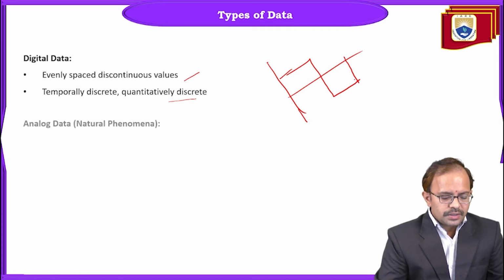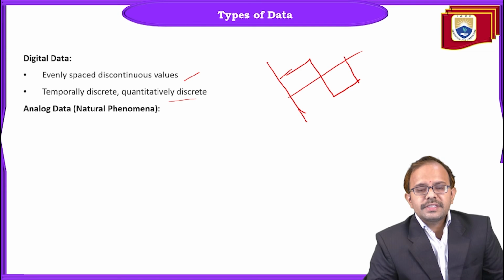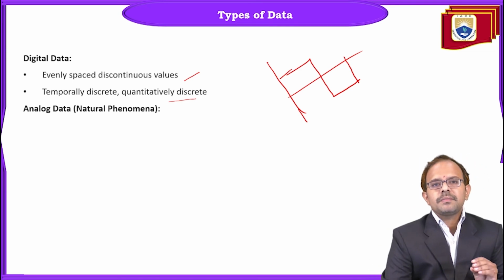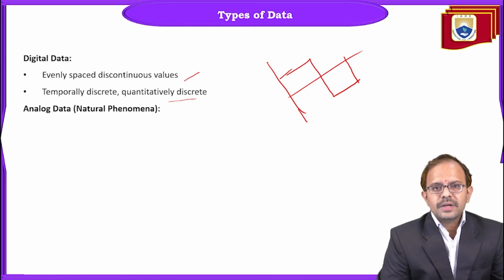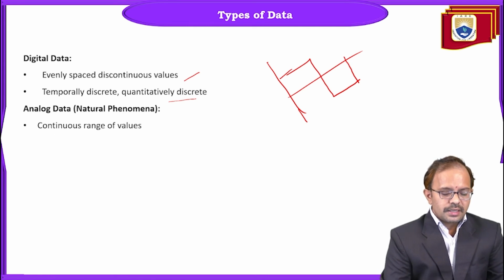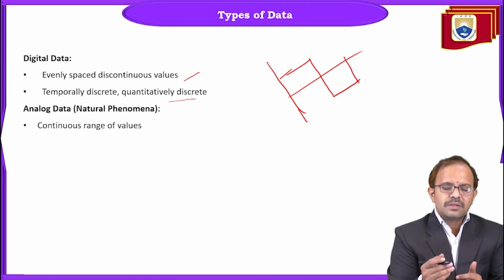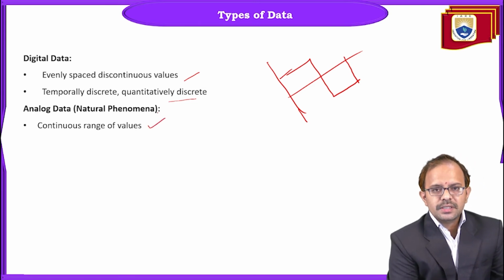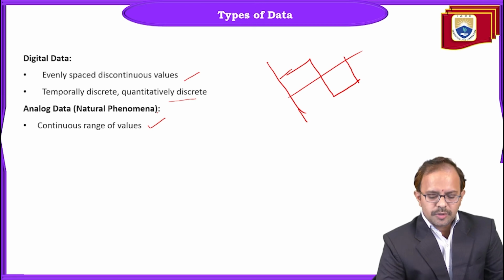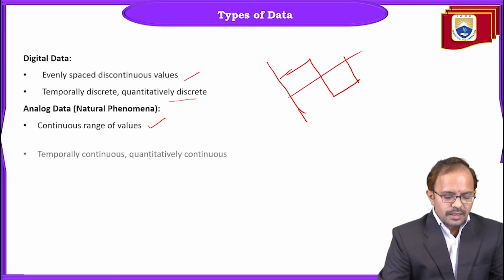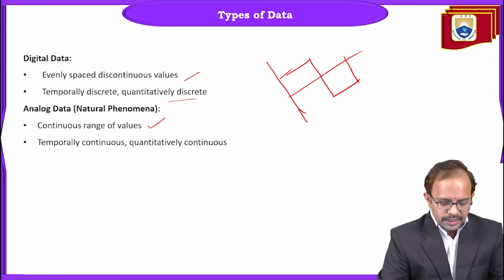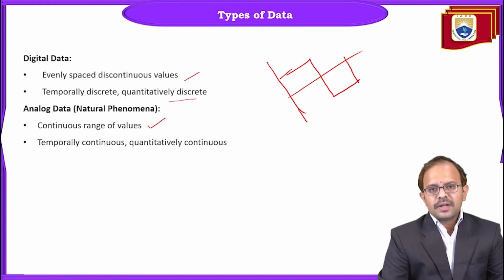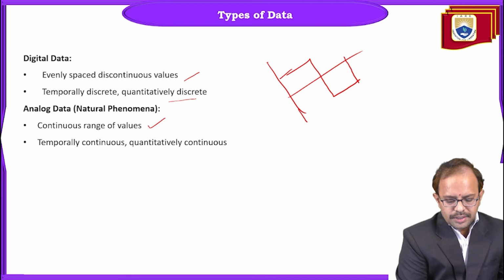And then coming to the other form of data, which is abundant in nature and readily available. The best example is voice data, a voice signal. What is the nature of this signal? It is going to be continuous in range. The nature of the signal is continuous, temporally continuous and quantitatively continuous. So in the case of analog data, the word continuous